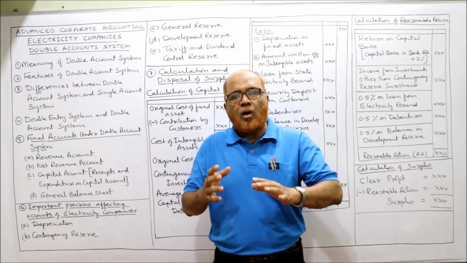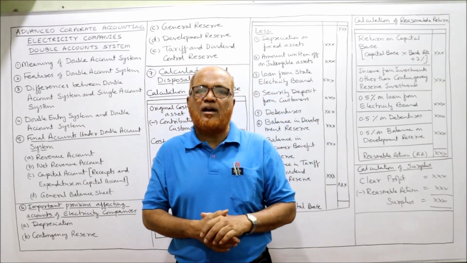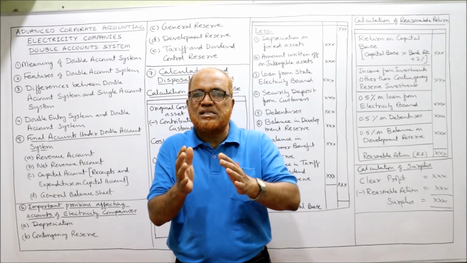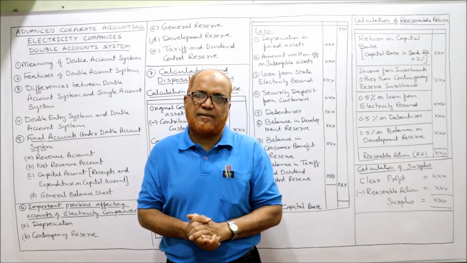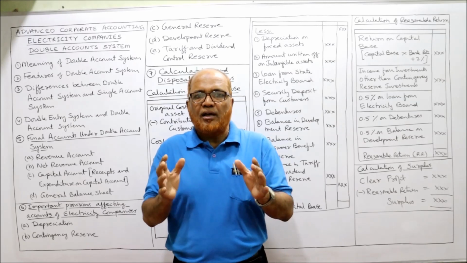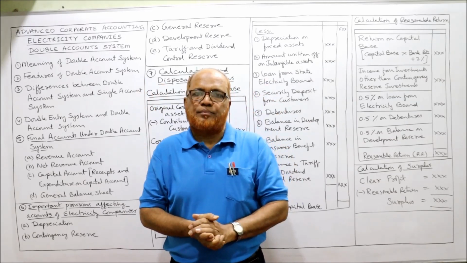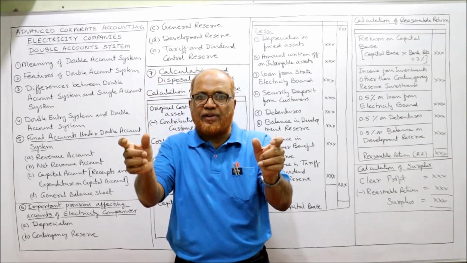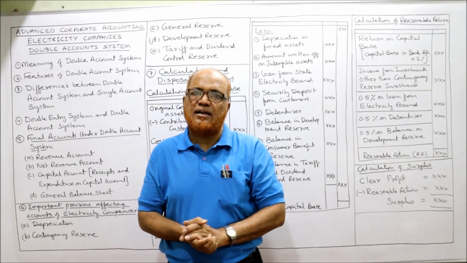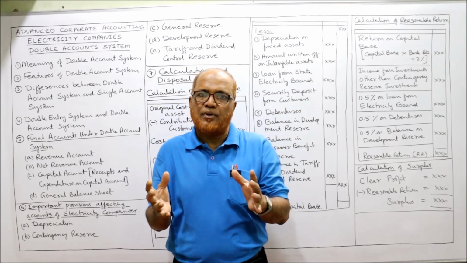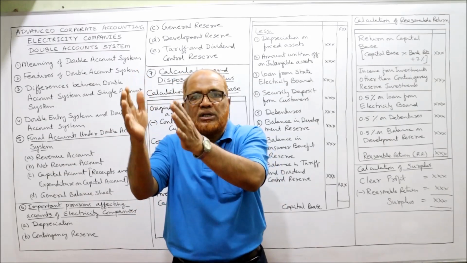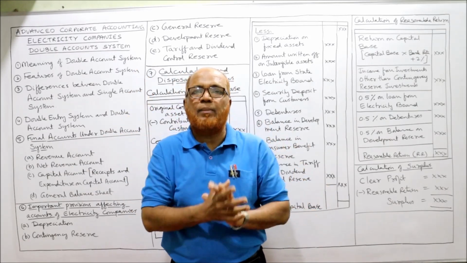Then lastly, all the funds like reserve fund, contingency fund or different types of funds are there. All these reserves will be shown on the liability side of the general balance sheet. Then after making the capital account, the total of expenditure and total of receipt, the total of expenditure will be shown on the asset side, general balance sheet. Total expenditure will be taken on the asset side, whereas total receipts will be taken on the liability side of